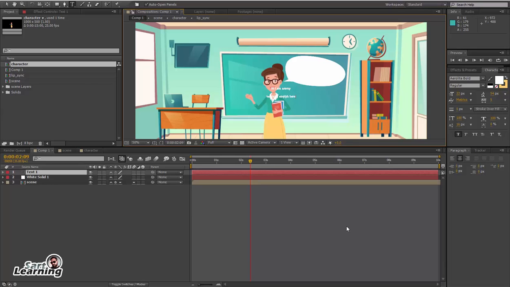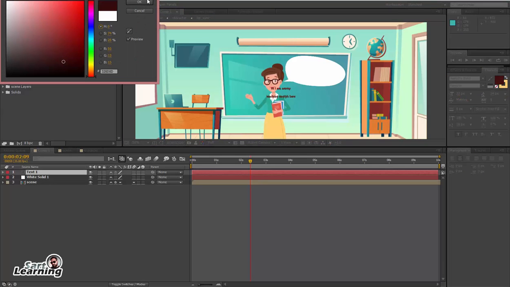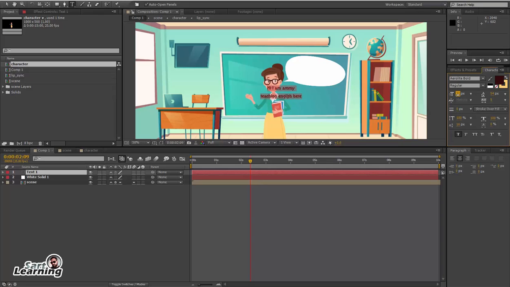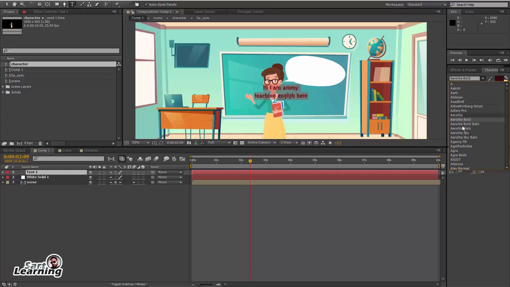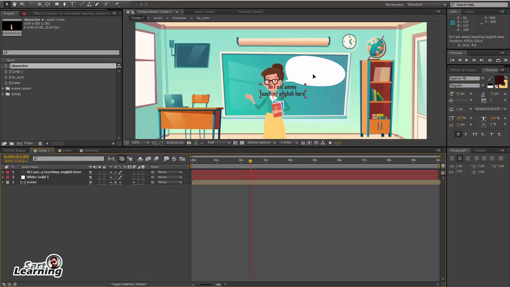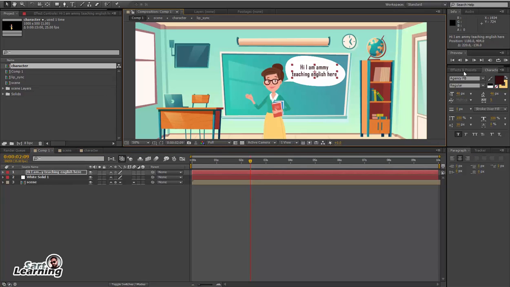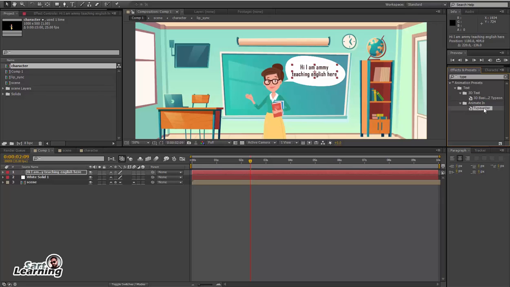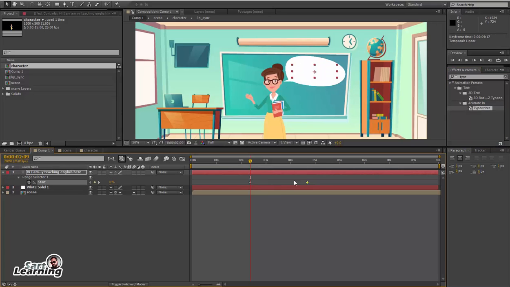So I just type text and increase the size of the dialog, change the font, okay, place it in the center. And to animate the text I use the typewriter preset, so it is animated.